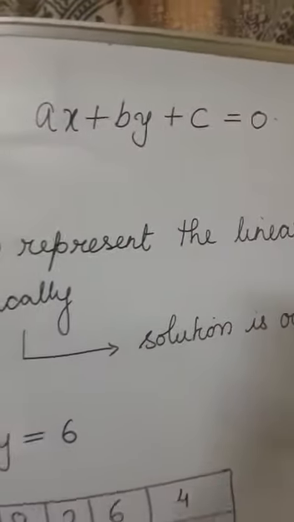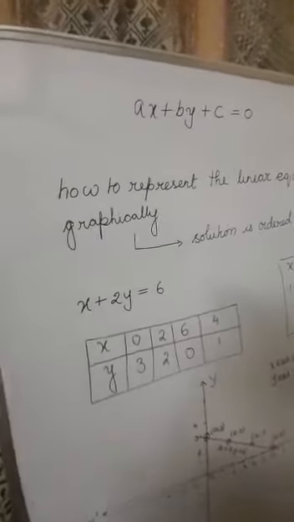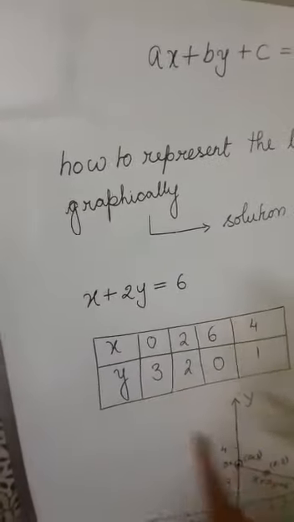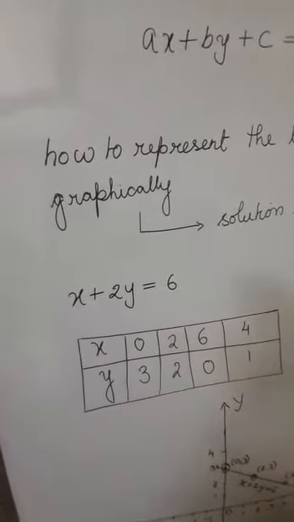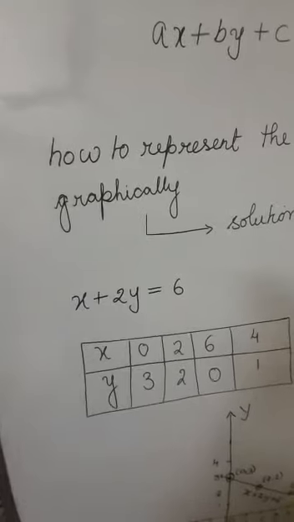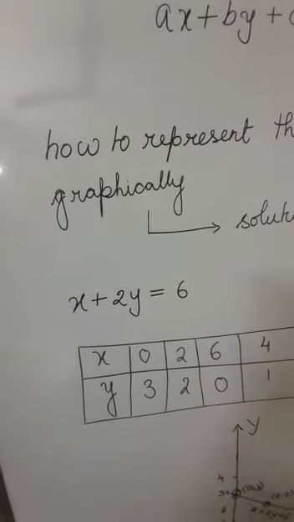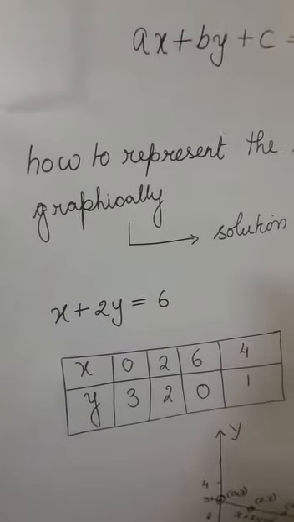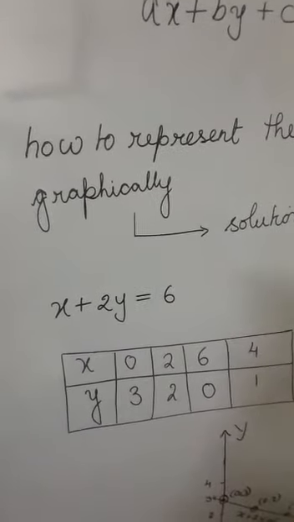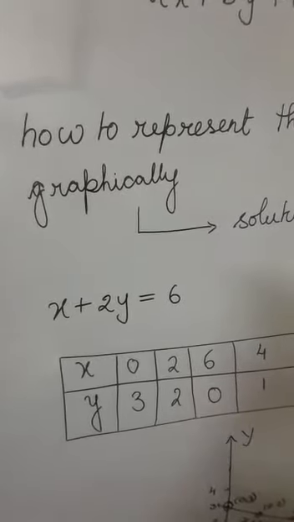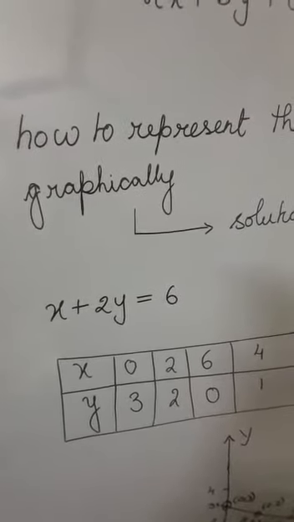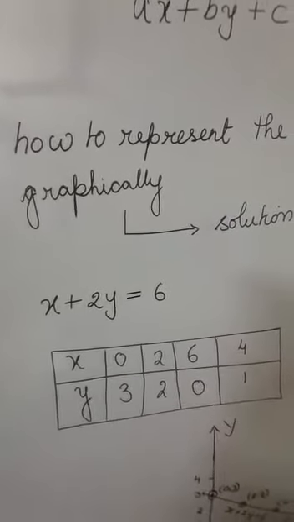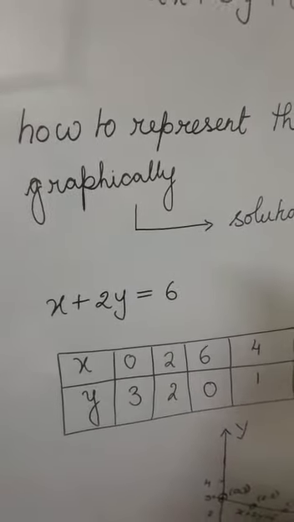Yesterday we learned that the general form of the linear equation in two variables is ax + by + c = 0. What we learned yesterday was that when an equation is given like this, we will not directly use the transposition method. Instead, we will assume the value for x and find the value for y to find the solution for the equation. We also learned that the solution will exist as an ordered pair and the ordered pair will be marked in the Cartesian plane. And what was the learning yesterday?